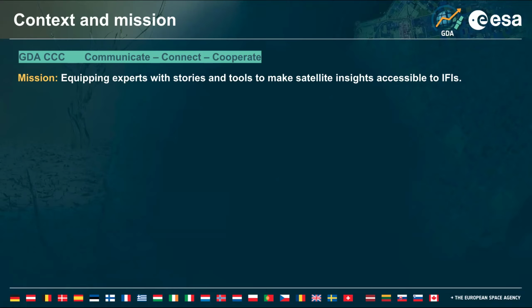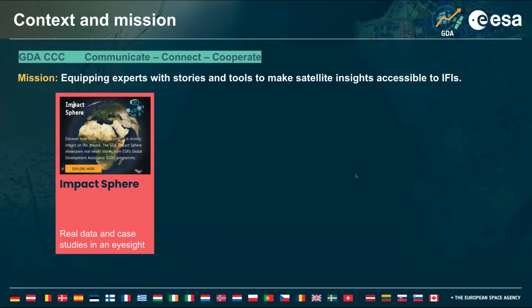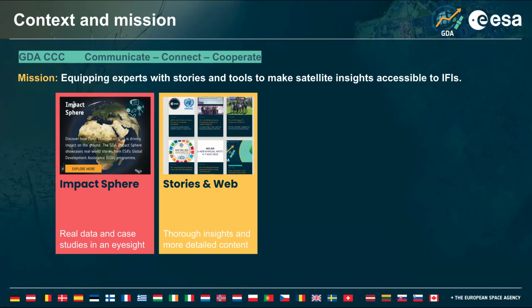Each of our tools is designed to meet a different kind of need. If you're looking for real data and case studies, you can explore quickly the impact sphere. That is really your starting point. It gives a clear view of where Earth observation is making a difference on the ground. If you need a more detailed explanation with the full story behind the data, our stories and website section is where we dive deeper. It is where we explain the challenge, what satellite data revealed, and how it helped inform